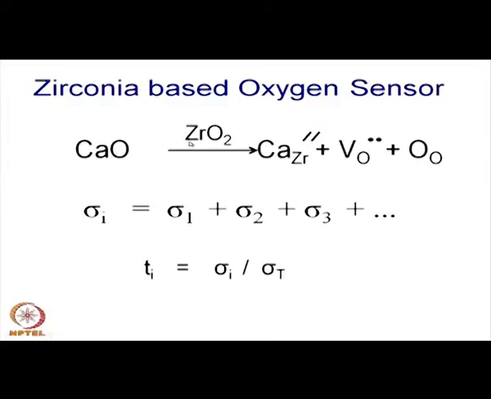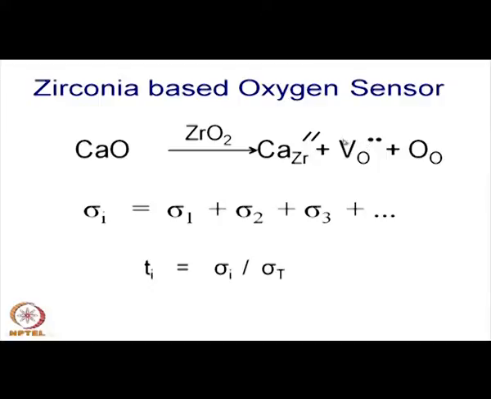but also enhances the oxygen vacancy concentration in the structure. Zirconium is tetravalent, whereas calcium is divalent. So, there is a deficit of two positive charges. That is what is written in this defect equation: calcium goes to the zirconium site, and there is an effective two negative charges created, and to compensate that you have to have an effective positive charge, and that is by oxygen vacancy. So, you create oxygen vacancies by adding calcium oxide to zirconium dioxide, and you actually enhance the oxygen vacancy concentration,